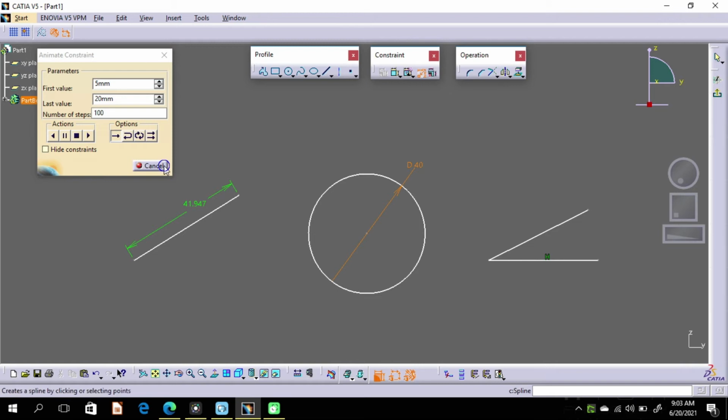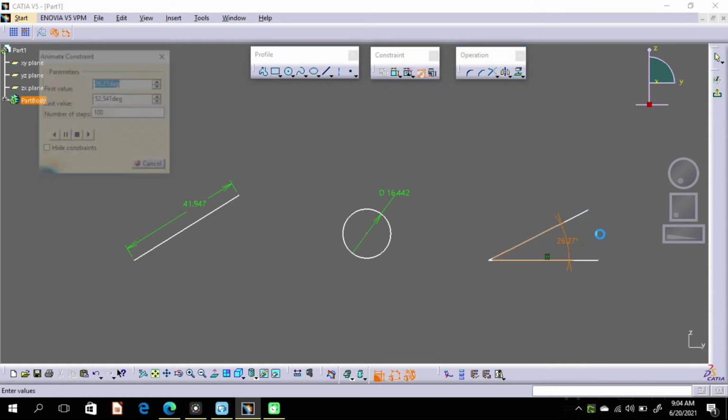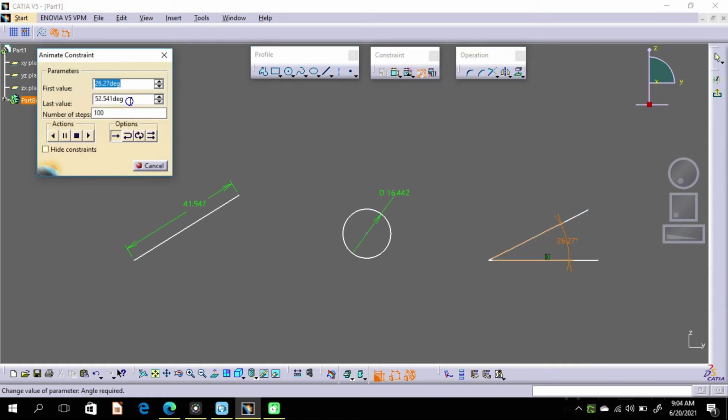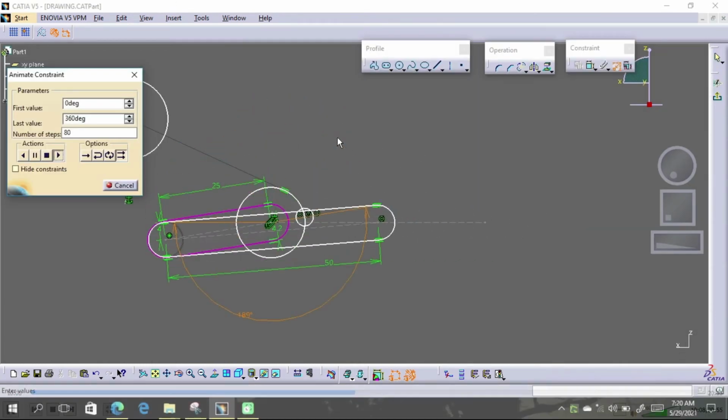Similarly, we can just animate the angle value to 90 degrees in 50 steps like this. So this is the whole concept of how to animate these objects. I will show you this animation.